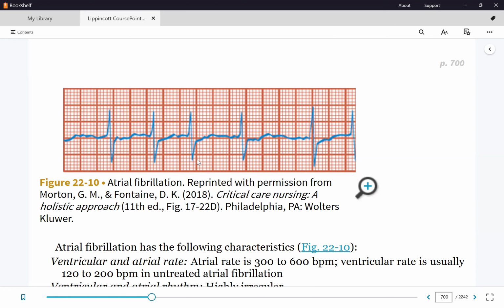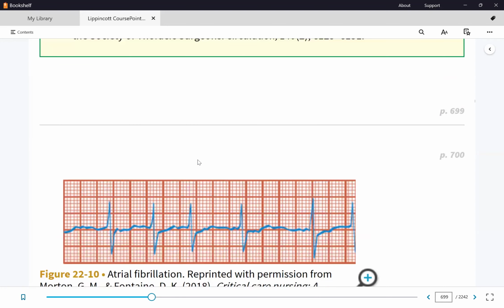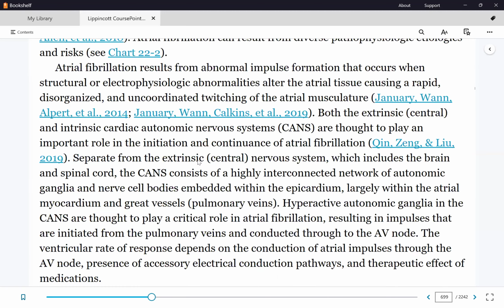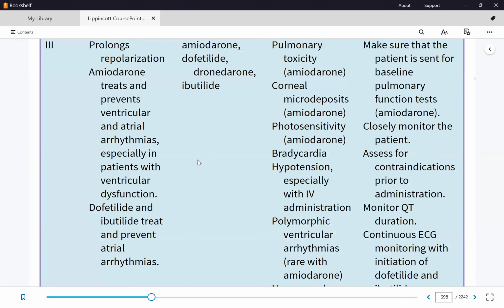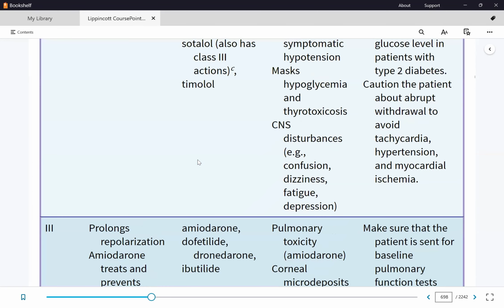Correct. Right. So if there is rapid ventricular response, then we should use beta blockers or even calcium channel blockers. However, if the rate is controlled and they're okay, then the patient will be given an antiarrhythmic. Remember, go back to the chart. Now the patient would be on, let's say, amiodarone, or let's say